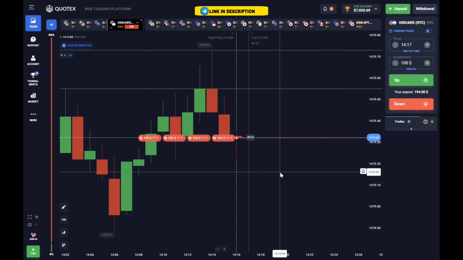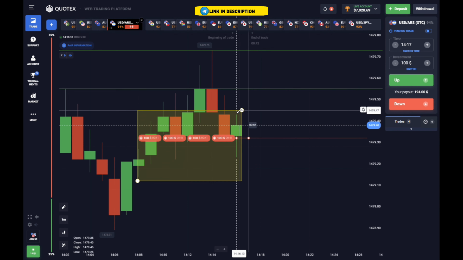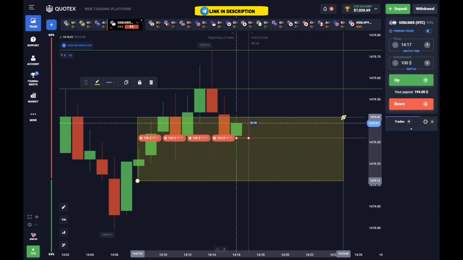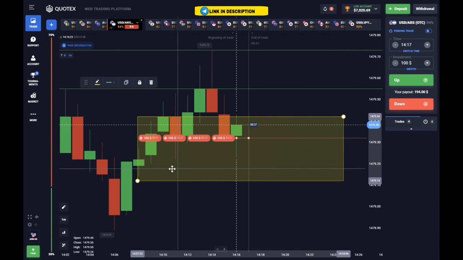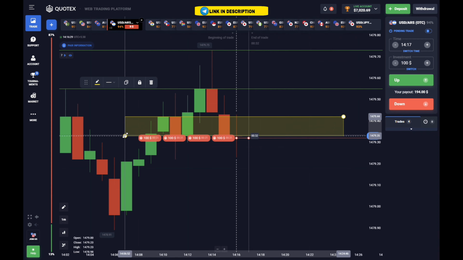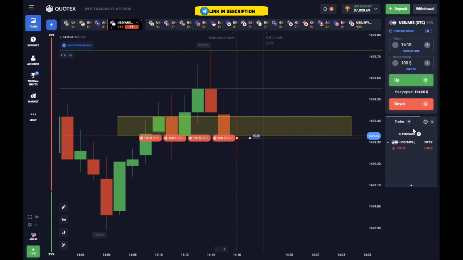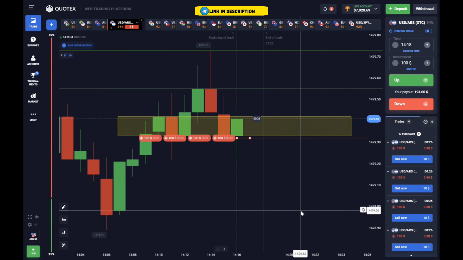There is a support level below, and here I can also see one long candle. Using a rectangle, I will try to cover this long candle here. Here there are green candles on both sides and a red candle in the middle, so I am considering this as a long candle. According to the long candle, the rectangle that I am drawing should never be traded within because the chances of consolidation in this zone are quite high.